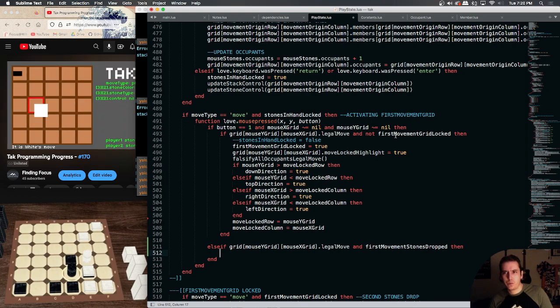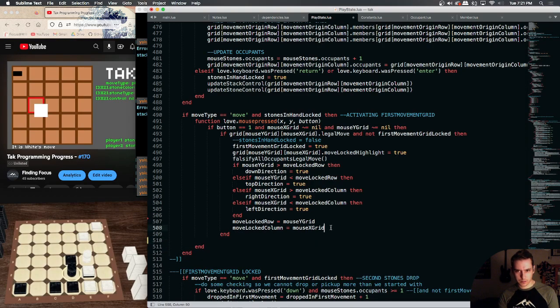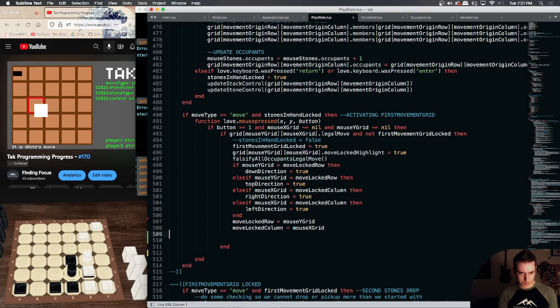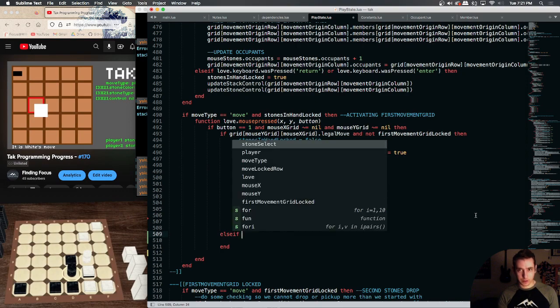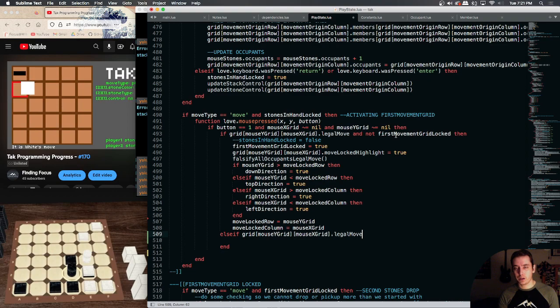Now, do we go first movement grid locked false ever? I don't think we do. So if our button is clicked, actually, yeah, we don't need the else if here. We need the else if here. So the else if will only run once, so if it's not first movement gridlocked. Yeah, see, we want to make sure